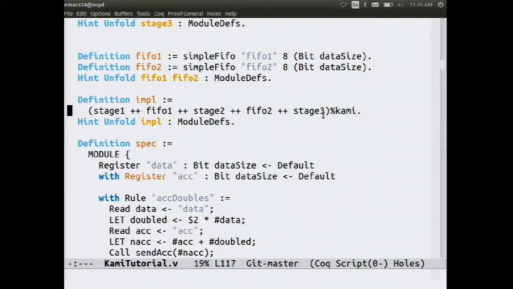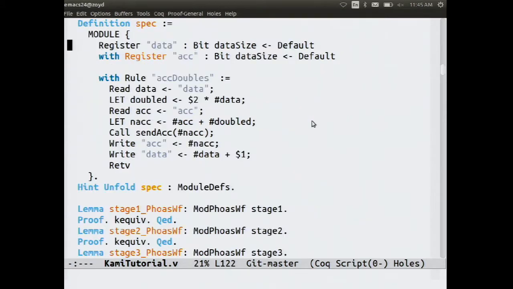And then we want to prove that together they implement this spec, which is just a single rule with 2 registers, data and accumulator, that effectively has inlined all the stages together, all the points where we enqueue somewhere and wait for someone else to dequeue it and compute. We just smush those together into 1 atomic block of logic here that does all the times 2s and plus 1s and additions as appropriate. And we'd like to prove that the composition of all those other modules is actually a correct implementation of what we see here.